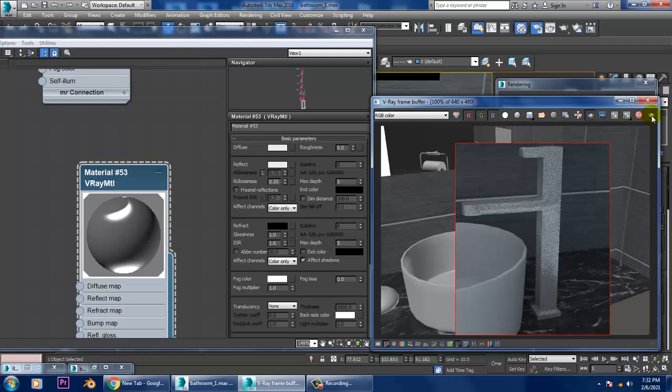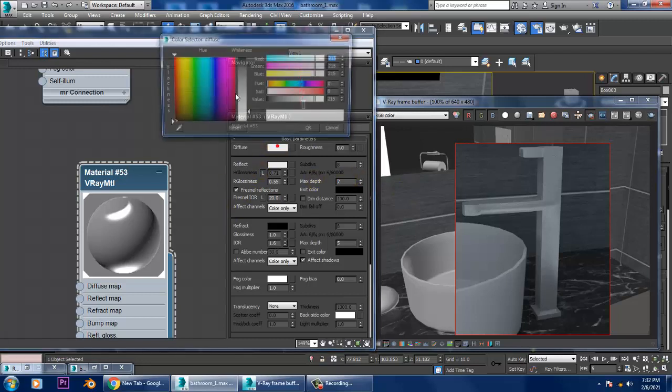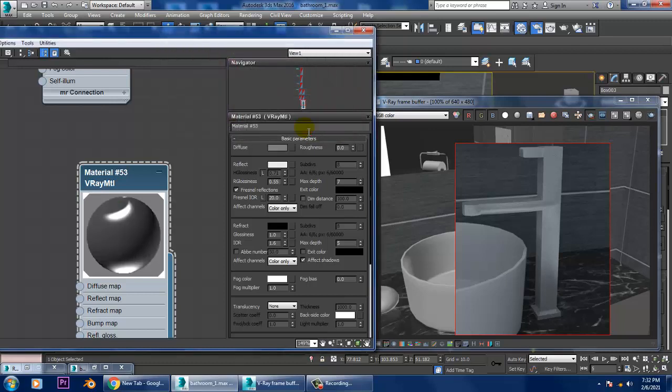So what I'll be doing now over here is I'll increase the Fresnel IOR to 20 over here and increase the max depth, make this as gray over here, and R glossiness I'll set it to 0.7 over here.